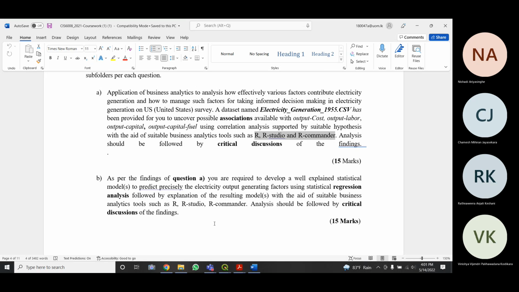So here also, based on the associations that you have found here in question A, you have to build a statistical model to predict precisely the electricity output generating factors. In order to build the model, you can use regression analysis, and you have to explain